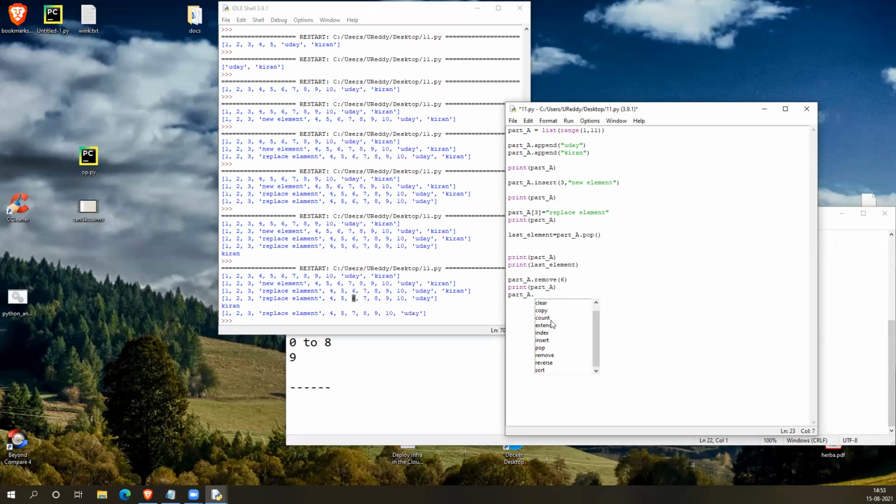Extend, as I showed you earlier. Index will provide you the index of a particular value: if you provide a value as an argument, it will show you the first index of that element. Pop I showed you, remove I showed you. Reverse will change the order of all the elements. Sort will sort in ascending or descending order, which you set. Understood?